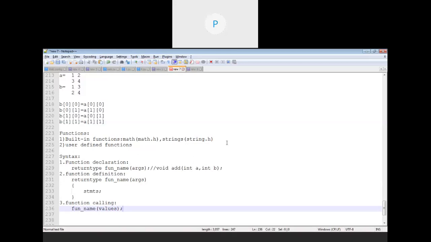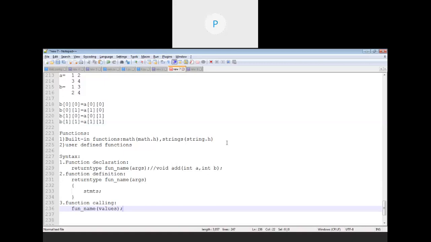The function definition can be created before main or after main, and the function declaration is always given before the main method, at the starting of our program. So these are the three different parts of the user defined function syntax, or the steps for creating a user defined function.